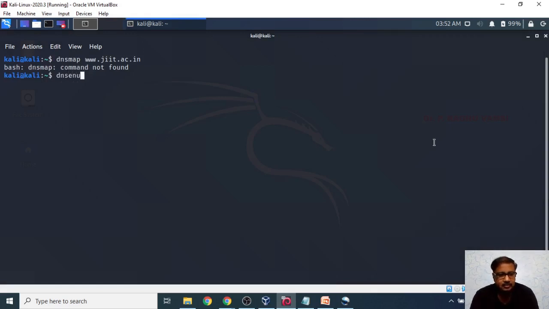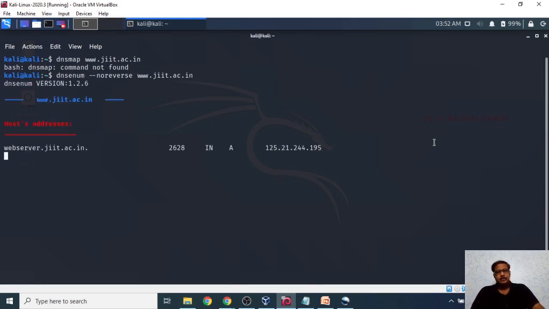Now we use dnsenum --noreverse www.jit.ac.in. The host address is this one, and this is the IP address of the host. It will take around 1 to 2 minutes or maybe less than 1 minute depending upon the network connectivity.